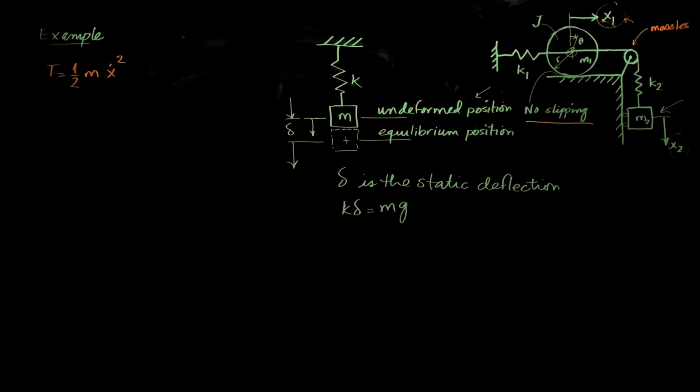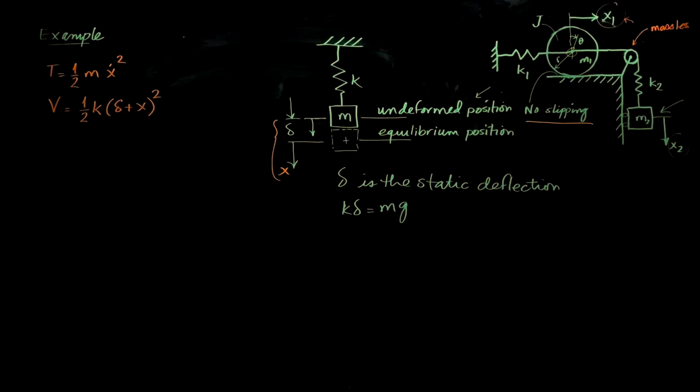And now, if this is x, the potential energy in the spring, the total deflection is delta plus x. So the potential energy is 1/2 k delta plus x all squared,